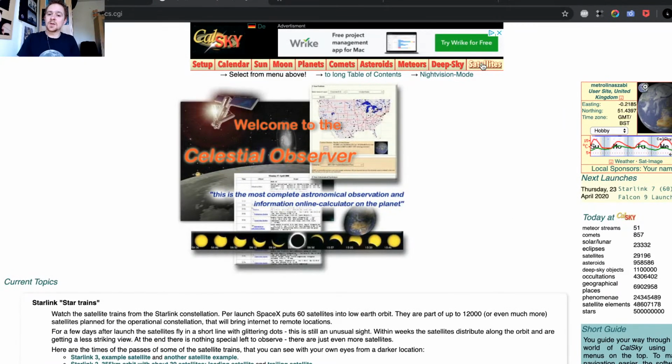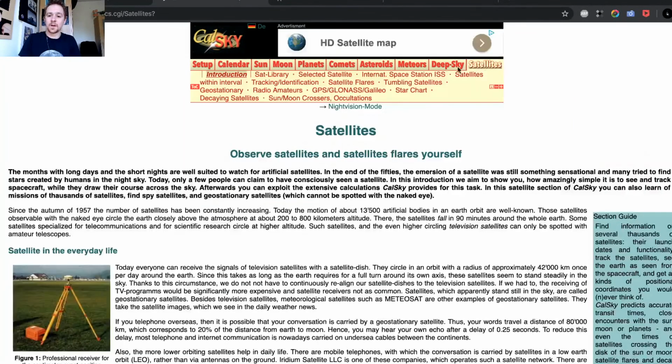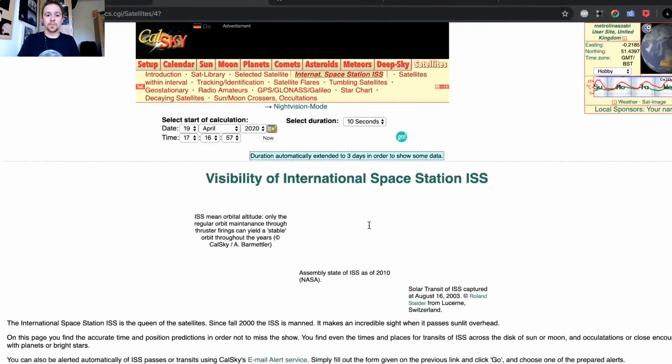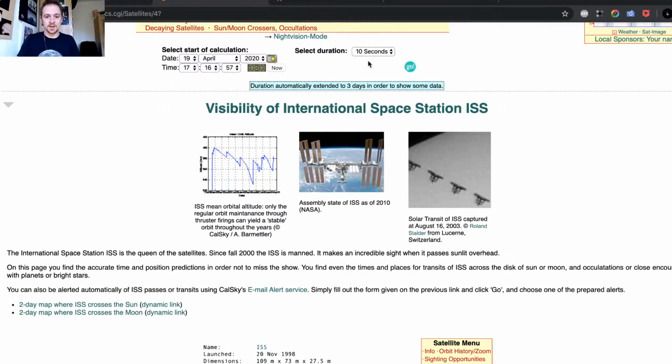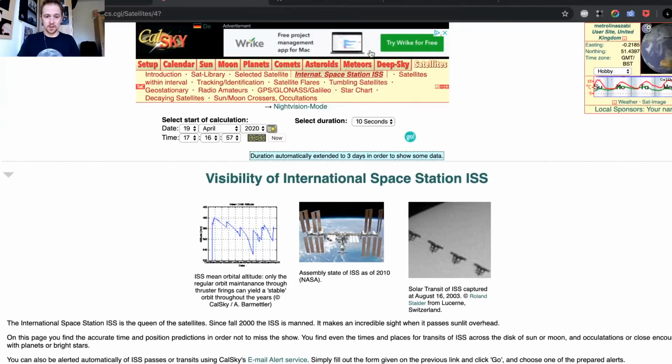And then you just click on satellites up here, and then you choose International Space Station, and it will show you all the visible passes that are expected. Be careful that in this section, once you've clicked on the International Space Station, it shows the starting date.